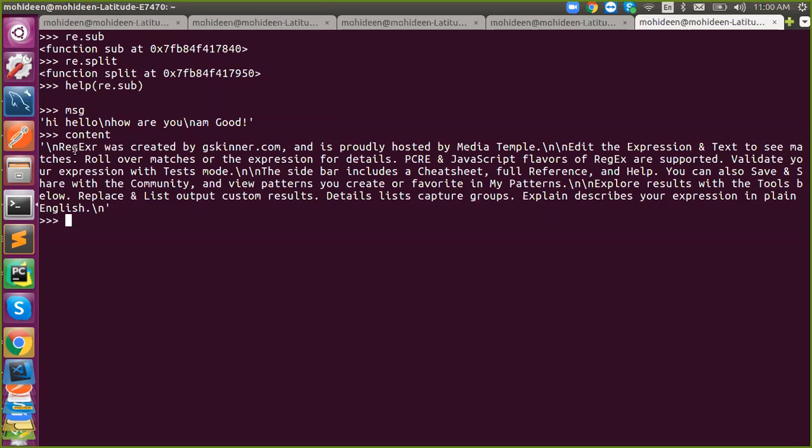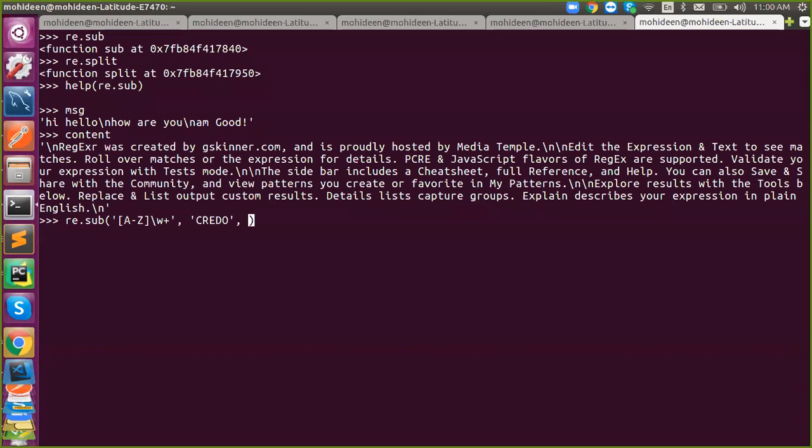We have to achieve it in two levels. So re.sub. The pattern is a hyphen, slash w plus, and what is my replacement? As of now, I'm not going to replace anything. I'm just saying empty, or for indication I'm saying credo.